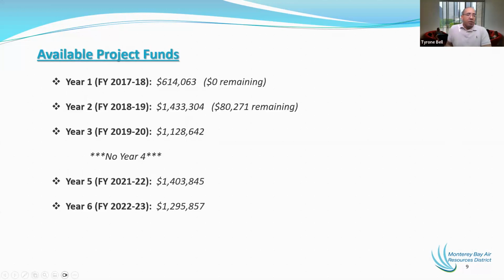So this is our available funding. Currently we will be going into year 5. As you can see, we have $1.4 million, but we can continue to use the surplus we have in our previous years. In year 2, we still have about $80,000 remaining from that funding. And year 3, we're in the process of contracting those out, so we haven't figured out exactly what we have left. But basically we have at least 1.4 million going into the next